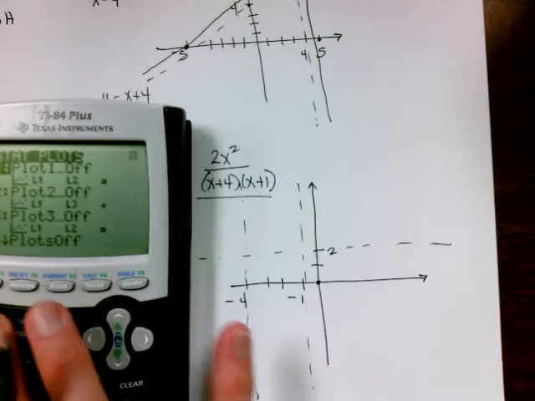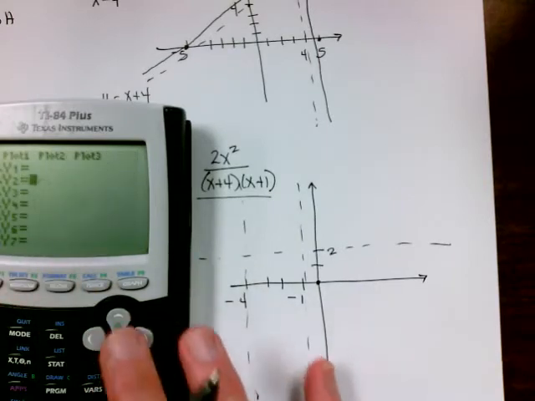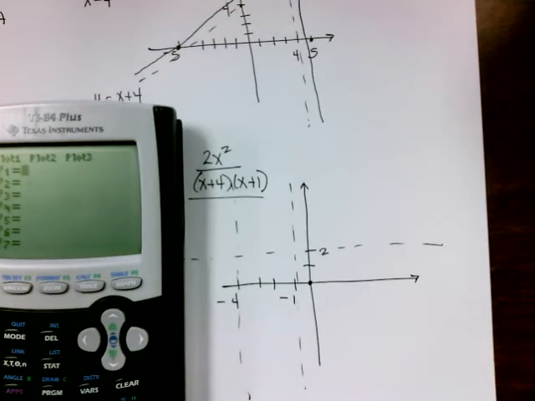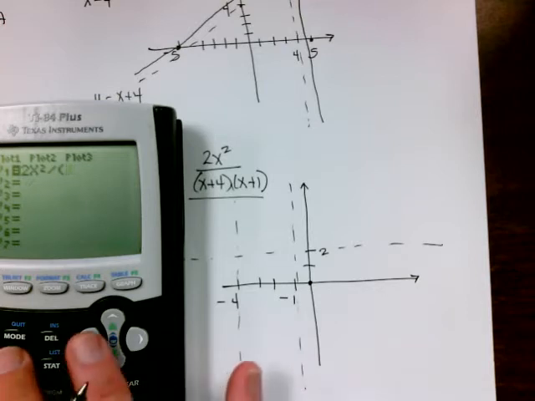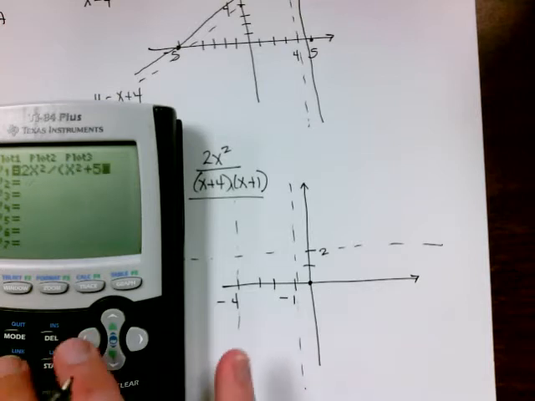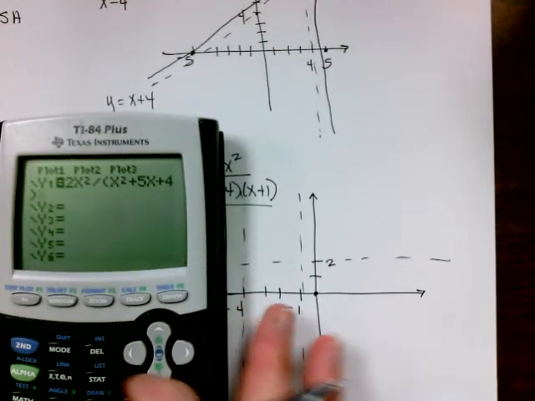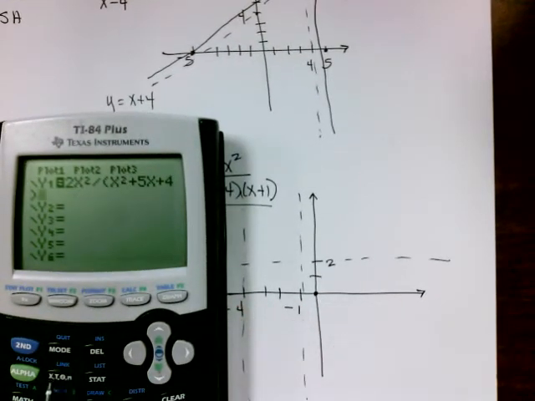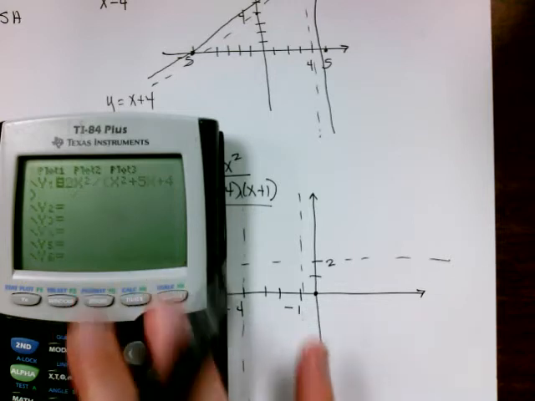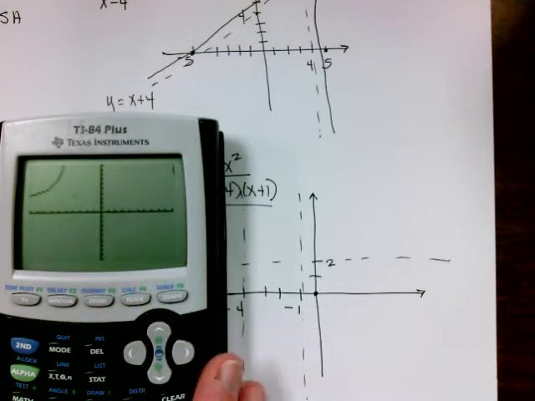All right, just checking to make sure those are off. Clear that stuff. All right, so if I enter my equation, I'm going to enter 2x squared divided by parentheses x squared plus 5x plus 4. And I have noticed when I watch some of you use your calculators in class, this is your variable button. You do not need to do alpha and then x. That's kind of a waste of time. You need to use your variable button. It puts your variables in your equations. Alrighty, so then if I do a zoom 6 to look at this little guy, there's that piece,